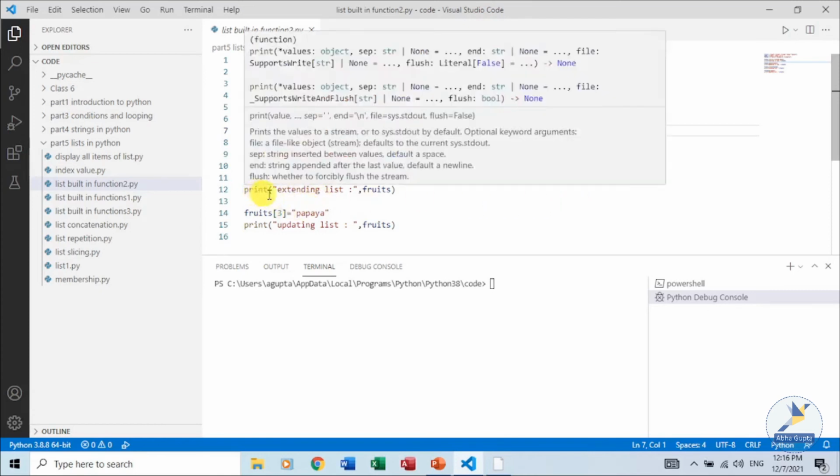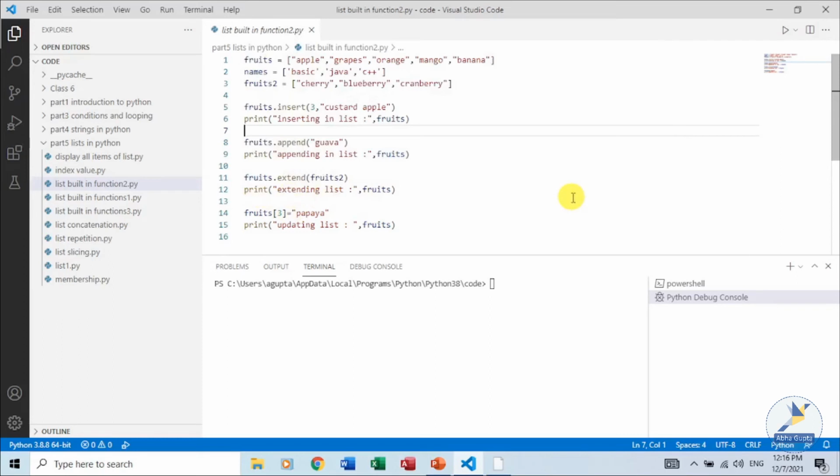In this example we are trying to add the fruits 2 list to the fruits 1 list, and then we'll print the result. We can also update the list by assigning a new value to the existing list using the index. Here in this statement, at the third position of fruits, we are adding papaya, and then we are printing the